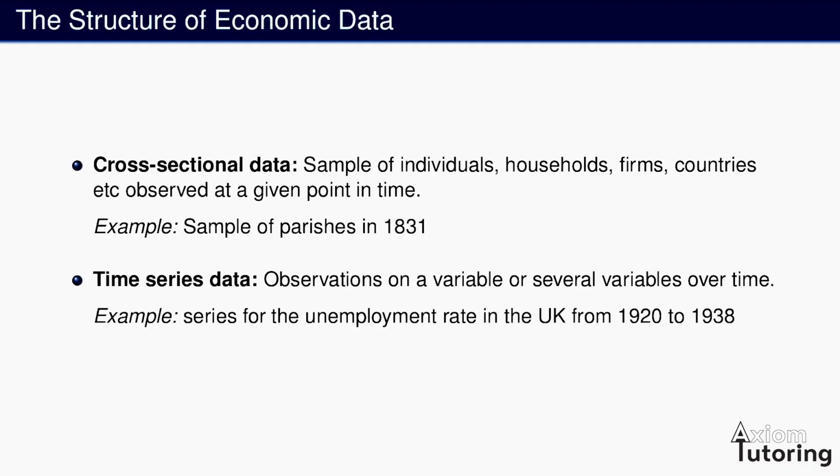So we're only looking at the UK, and we have information about the UK, for example the unemployment rate over many time periods. That's the main difference between cross-sectional data and time series data. With cross-sectional data, we only have one time period and we observe many units. With time series data, we observe one unit over many periods of